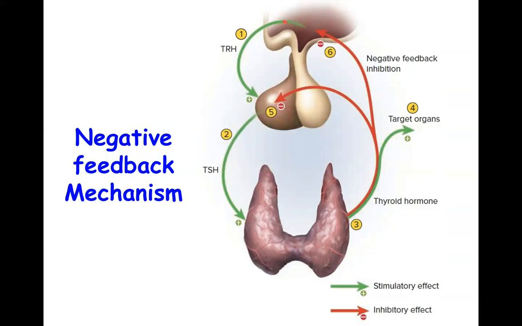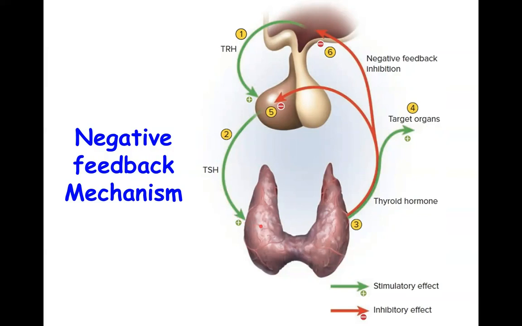The hypothalamus produces hormones which are called releasing hormones. So thyroid releasing hormone, TRH, will be produced by the hypothalamus. It will tell the anterior pituitary to produce thyroid stimulating hormone, TSH, which will stimulate the thyroid gland to produce